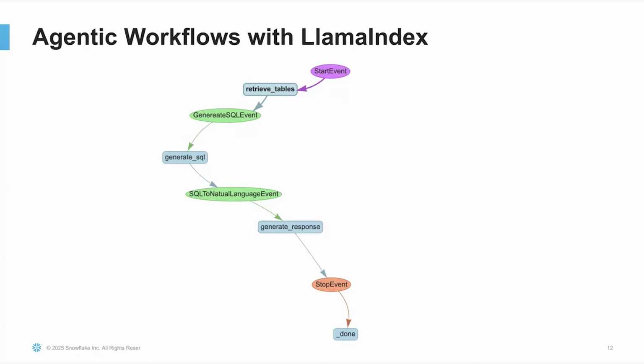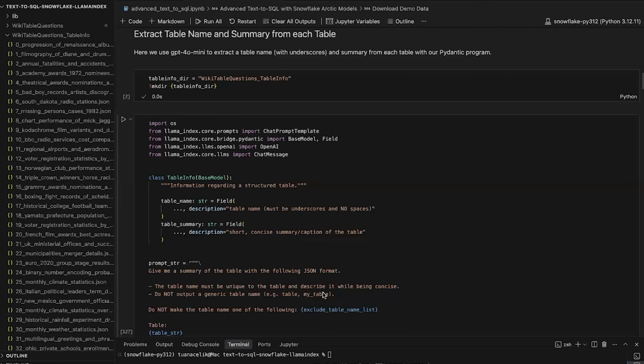natural language, which will trigger a step called generate response. In this particular step, we will be using an OpenAI model to look at the response from the SQL query and try to create a more natural human-sounding response given the data. All right, so with that, I am going to switch over to my editor and let's have a look at